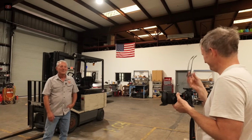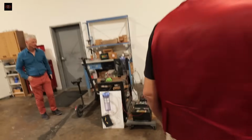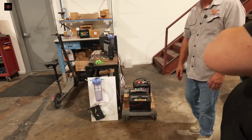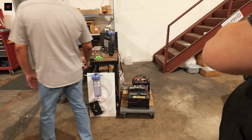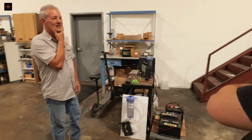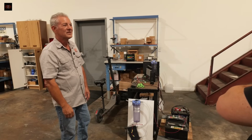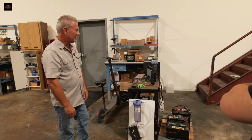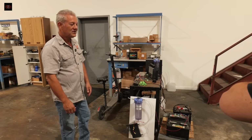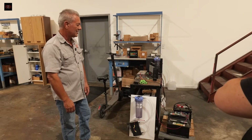Yeah, so if we kill the cameras, I'll show you something interesting. Okay, let's do that. And look at this. This is an indication that once you're in the hydrogen field, there's no escape, because someone's always going to be demanding something. And this is a little test unit. We made a unit that's been in route basically for years for the island of Kiribati in the South Pacific, this little atoll down there. And we made a big old 5-foot tall unit with water distillers and everything built into it,